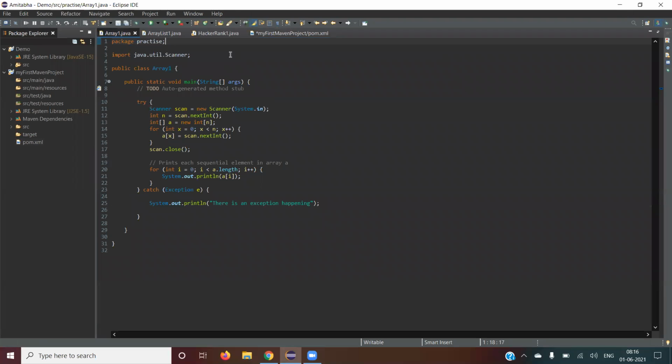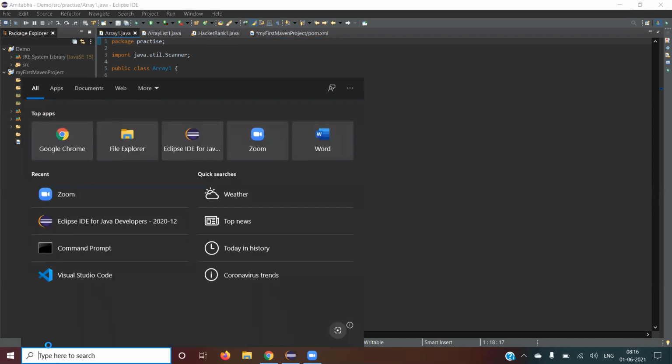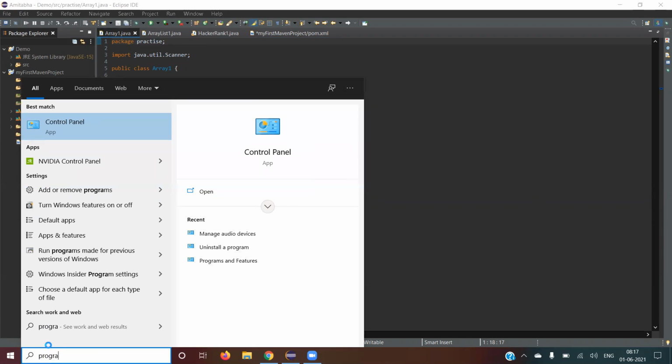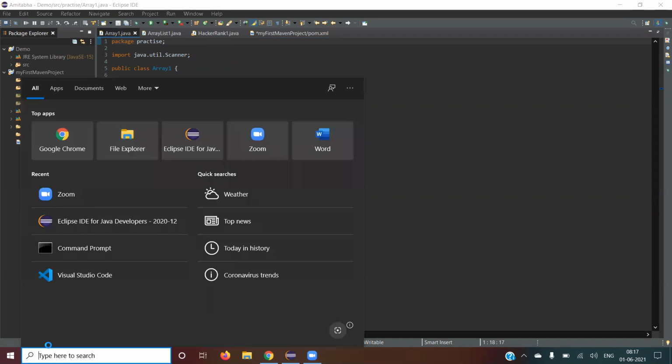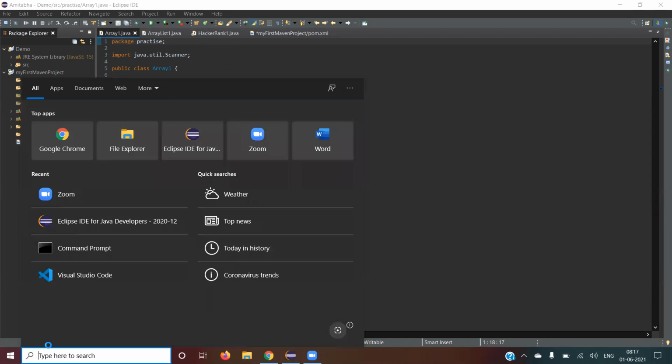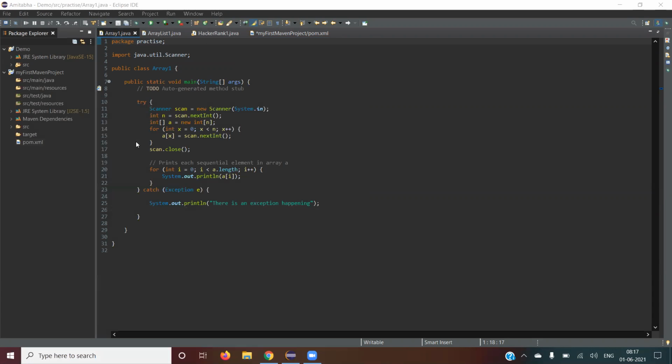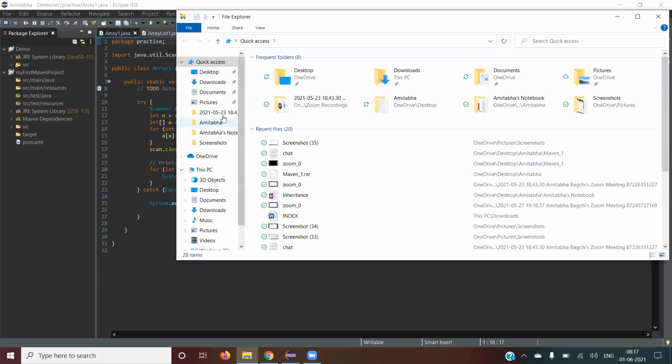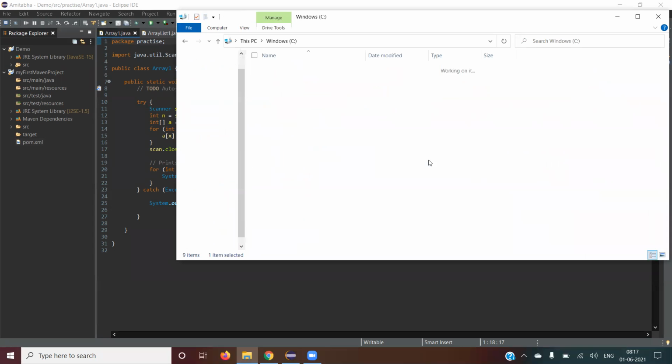Okay, go to Program Files, in the file explorer, C drive.